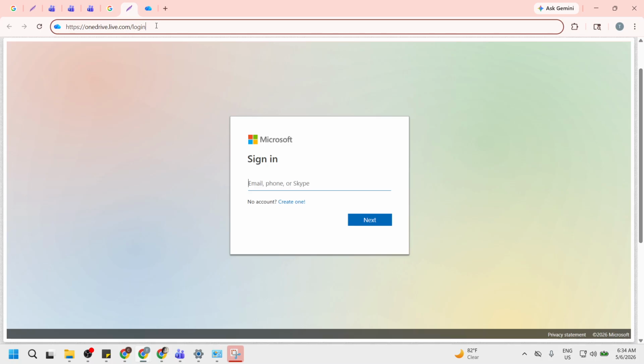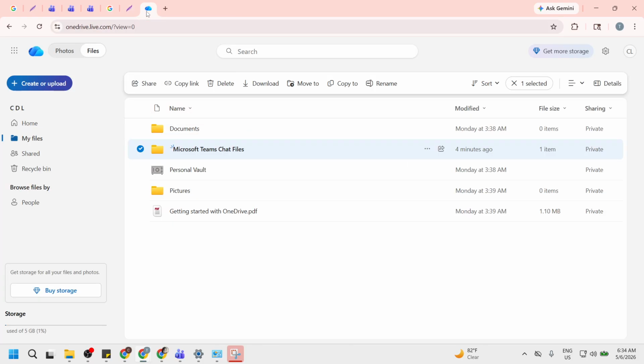Next, sign in. It's important to use the exact same work or school account that you use in Teams. If you have multiple Microsoft accounts, double-check the account name or avatar in the top corner after you sign in to confirm you're in the right place. Using a different account can make it look like you have plenty of space when your Teams account is actually